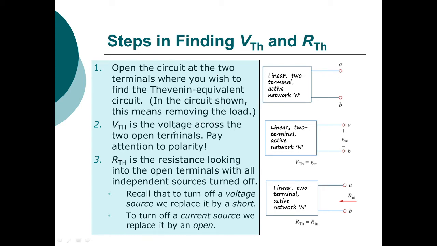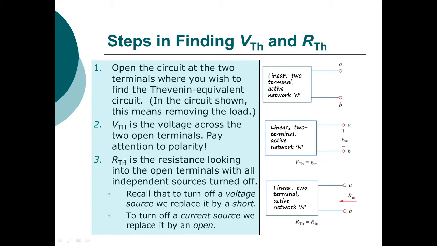What is the next step? In the next step, we have to find out the Thevenin equivalent voltage VTH. It is the voltage across this open circuited terminal. Whatever be the voltage appearing across these two terminals A and B, that will be our open circuit voltage VOC or the Thevenin equivalent voltage VTH. That means with all the sources acting here and the load removed, the voltage appearing across the terminal AB will give us the Thevenin equivalent voltage.